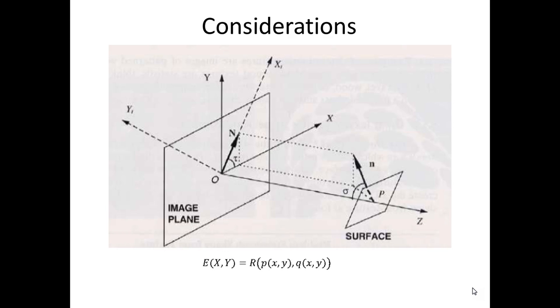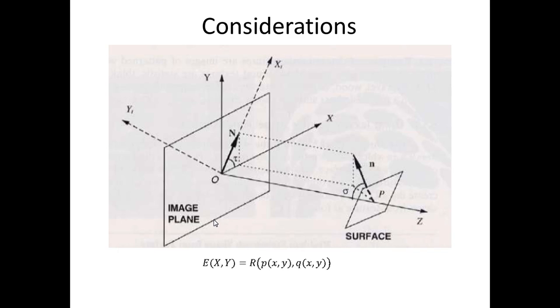Now, moving on to the considerations. Here in this project, it is considered that there is a three-dimensional object which is illuminated by a light source, for example say X, which illuminates the object and produces its two-dimensional shading image on the image plane. Here, this rectangular plane is the image plane, and the source of light S, which is a function of X, Y, and Z, illuminates the object.